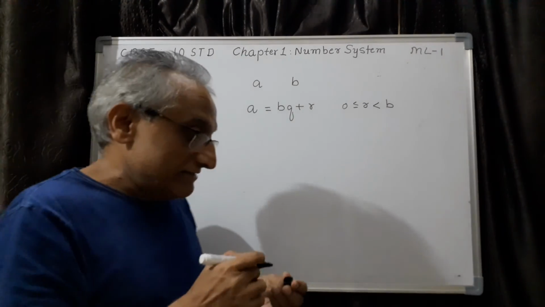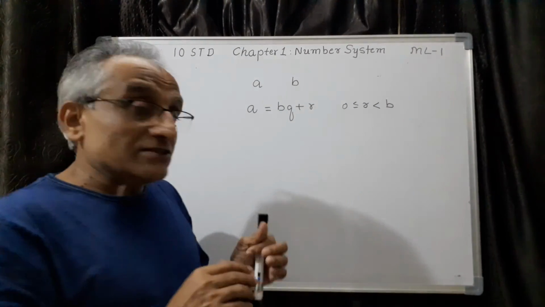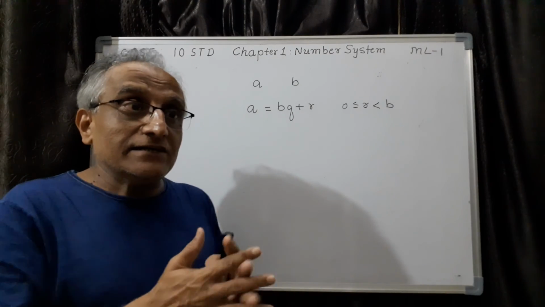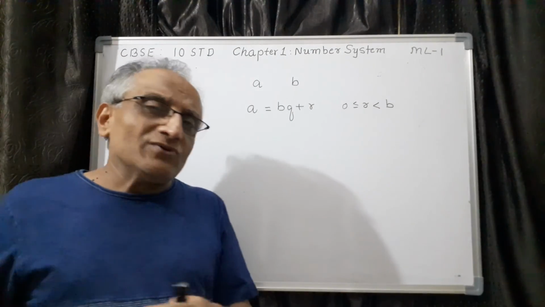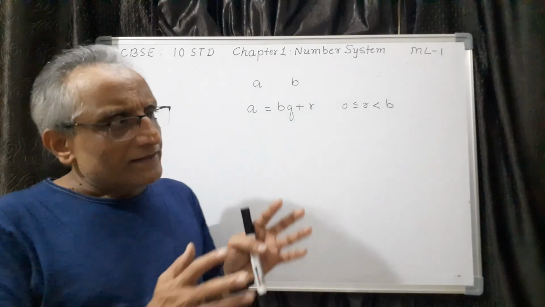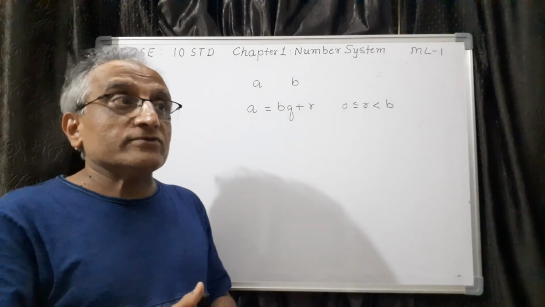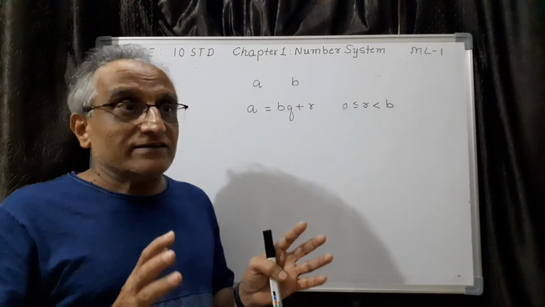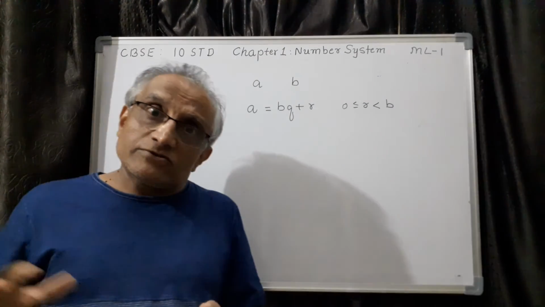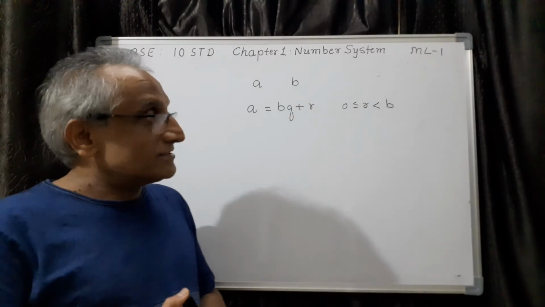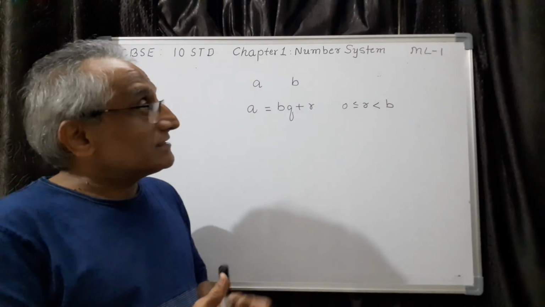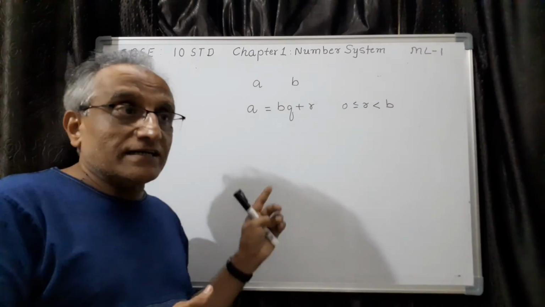Those things let me clarify in the next class. First you revise this and try to take a few numbers. You need not take very big numbers in the beginning. Take some small numbers and try to find the HCF using the algorithm, so that you will be confident this is how I can do it. So you can also refer to the textbook and do a few questions. Anyway, I will be doing the supplementary lesson. I will take some of the questions and solve.